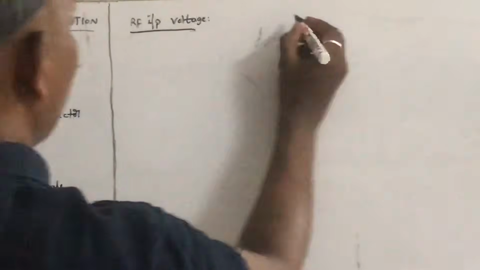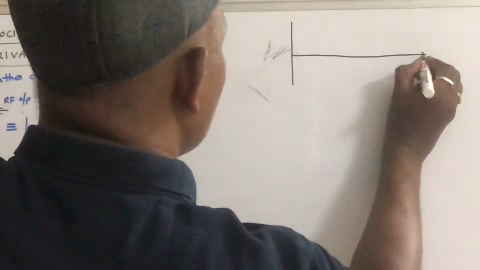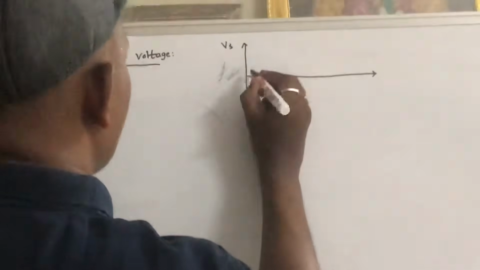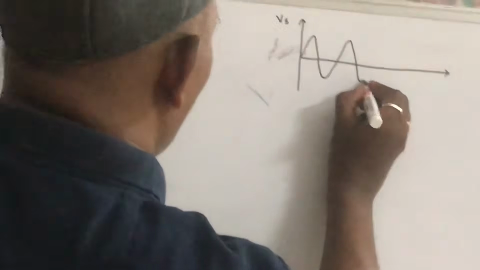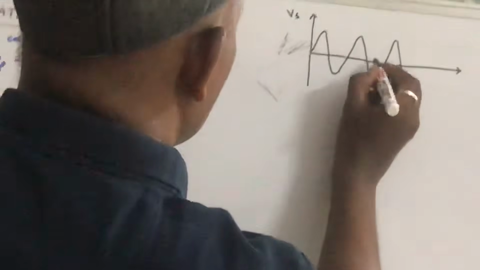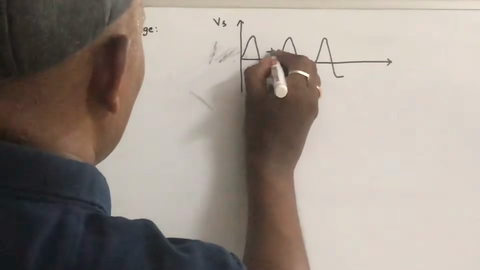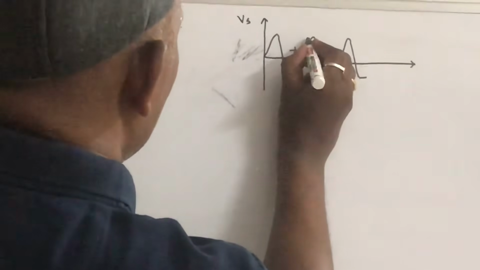Let us take this diagram, RF input voltage. So this is your RF input voltage which is to be amplified. So this is Vs which is to be amplified. So this is the waveform which is to be amplified. So let us take that the electron entering into the cavity gap is at T0, and the electron leaving the